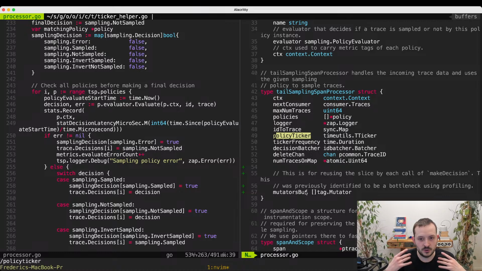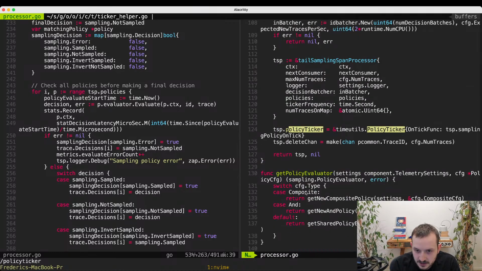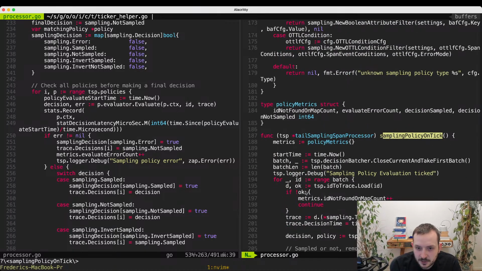Therefore, sampling policy on tick is not called concurrently, and therefore it is safe for us to create the mutator slice once and store that in the tail sampling span collector, and then reuse that on